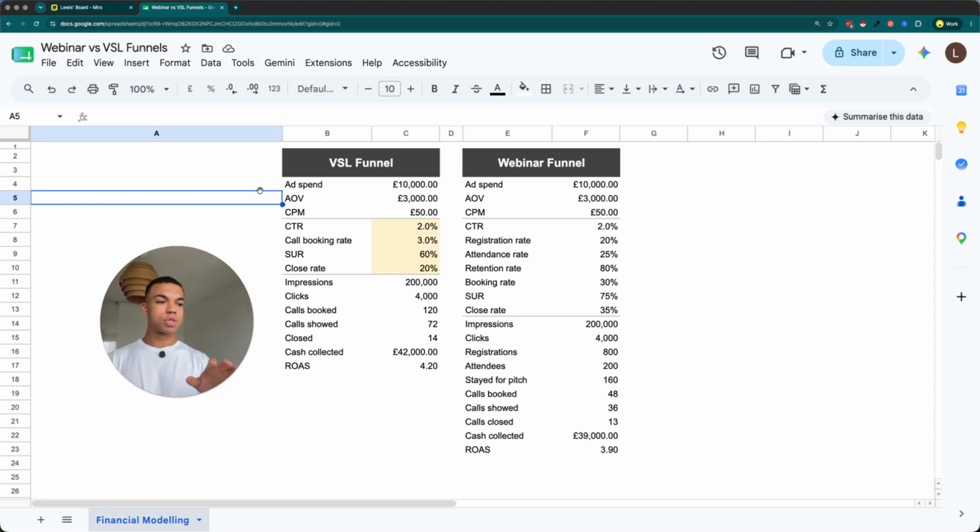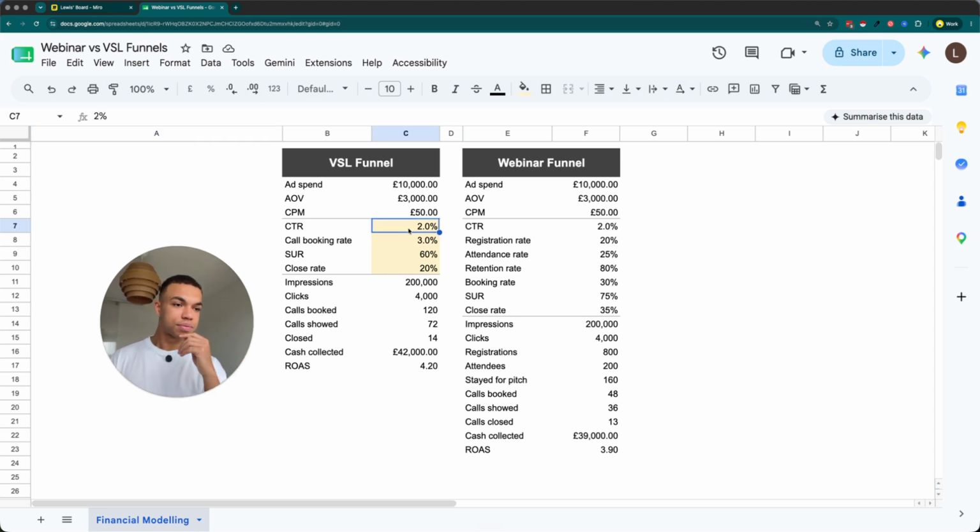So what you want to be aiming for here is these metrics. Click-through rate of 2, or maybe 1 to 3 kind of thing. Call booking rate of 3%. So of all people that actually click on the page, of all the people that end up, so not applications, of the people that end up scheduling a call, you want that at 3%. Show up rate 60%, close rate 20%. This would lead to 200,000 impressions, 4,000 clicks, 120 calls booked, 72 calls showed, 14 closed, cash collected of £42,000